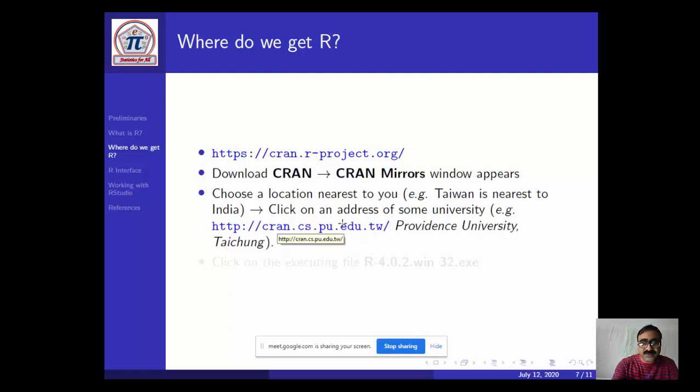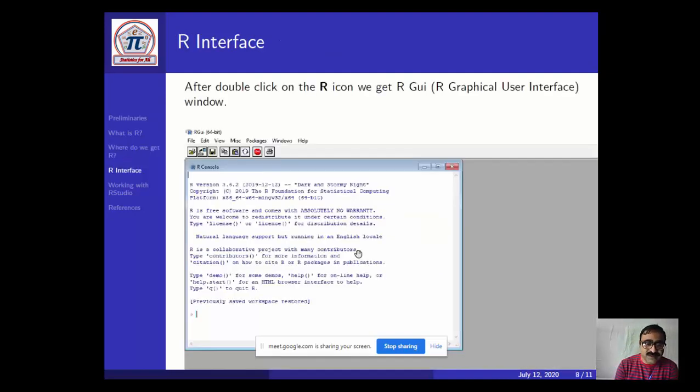I have installed from the Taiwan link, which is given here, and there you can get the recent version, R 4.0.2 for Windows. It is immaterial whether your Windows is 32-bit or 64-bit. It will install automatically according to your system configuration.